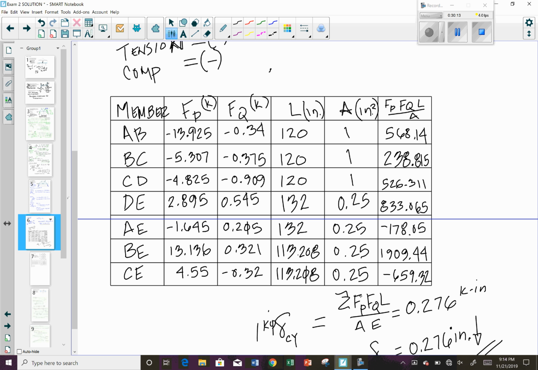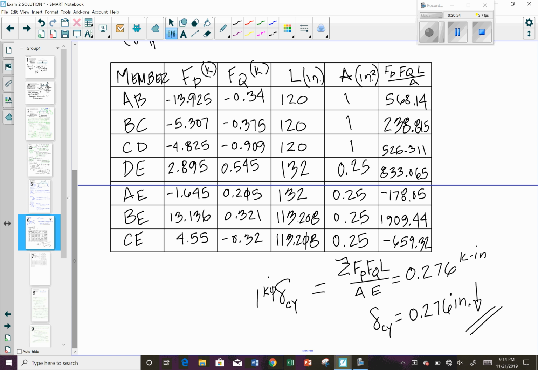But I don't have to convert anything. Then I do my FP forces times my FQ forces times my length divided by my areas. I save dividing by E till the very end because it's the same. There's no point in trying to type that in. How many times would we have to do it? An extra 7 times. So I add these all up and then divide them by E, and that gives me